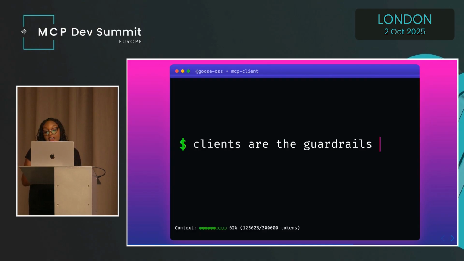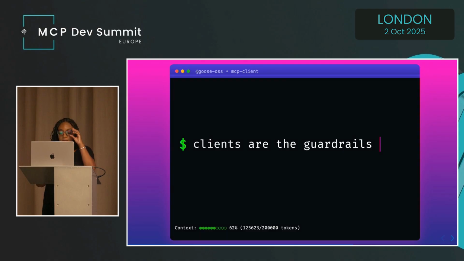In Goose, we just added prompt injection detection. So if a malicious input tries to trick the agent into leaking secrets or ignoring instructions, the client catches that, right? And Goose also provides tool-level permission customization. So with any given MCP server, you get granular controls over every tool that's in that server. So you can set these to always run, or always block, or ask me first before running a specific tool. And that way you decide as the user how much autonomy you want to give to the agent and on which actions.